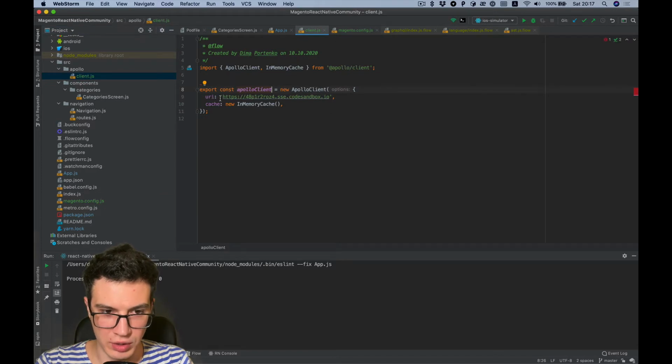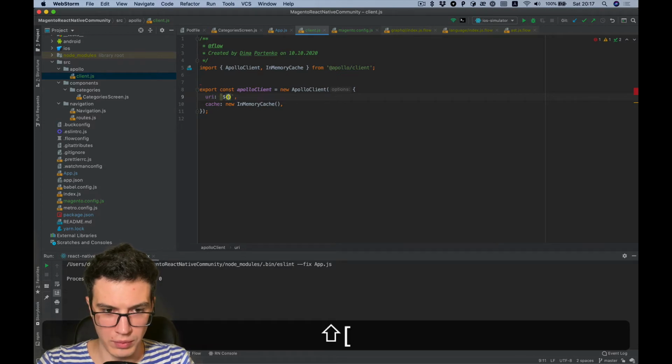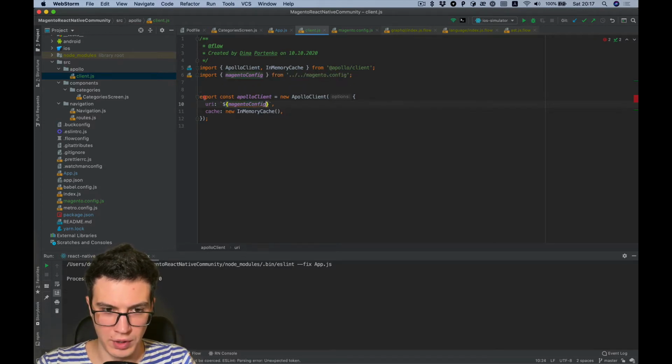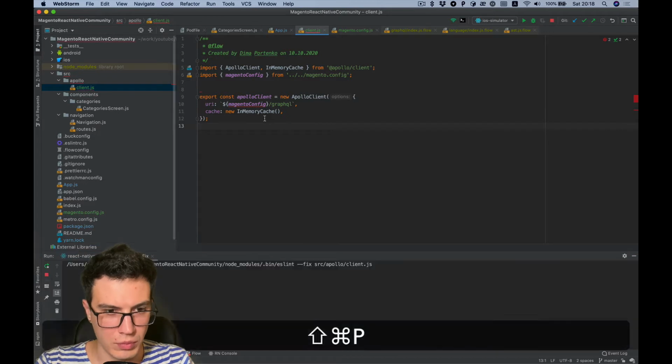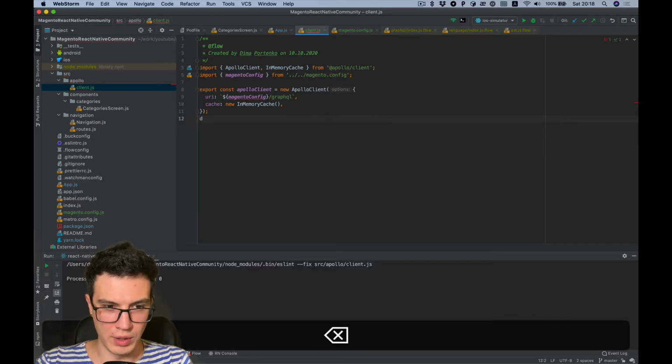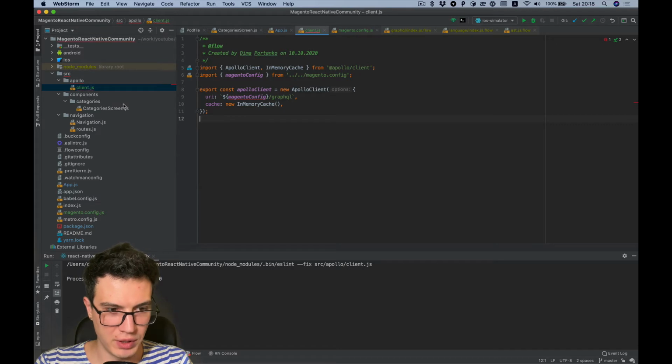Let's use it in our client. And to use GraphQL API, it should be GraphQL as endpoint to the base URL. Okay, we're done with Apollo Client setup, and next we can try to fetch data. So